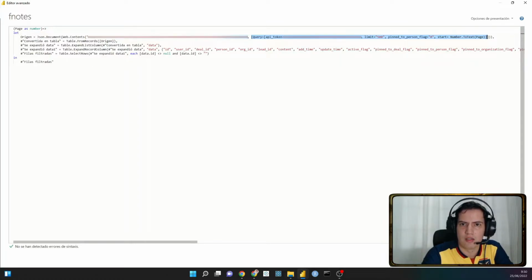So you need to put something like this, and put your API token, the entity nodes that I want to use, and then the relative path refers to the query parameters. Maybe this API token is not necessary, but I am too lazy to delete it from the code. But you definitely need to put the limit, and the start parameter at 0. I don't remember if this was strictly necessary, but I would put it if I were you. And this is the most important thing: this start number to text page, because this page